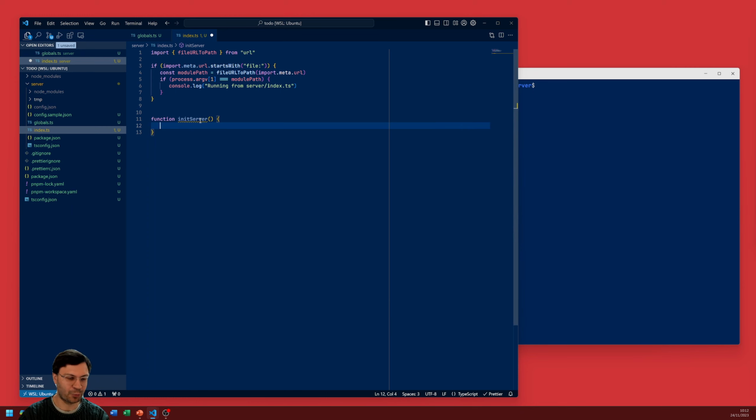It's already doing a wiggle because it's saying, hey, it's declared but never used. That's those TypeScript warnings that I said before, because we've set that we don't want any unused functions. So let's just put it at the top. There we go. So we've got initServer, and now we can